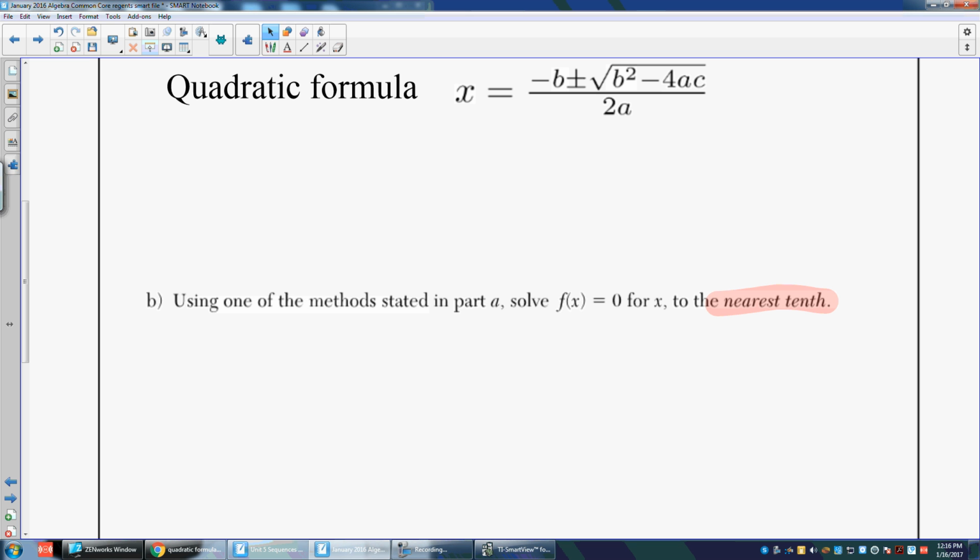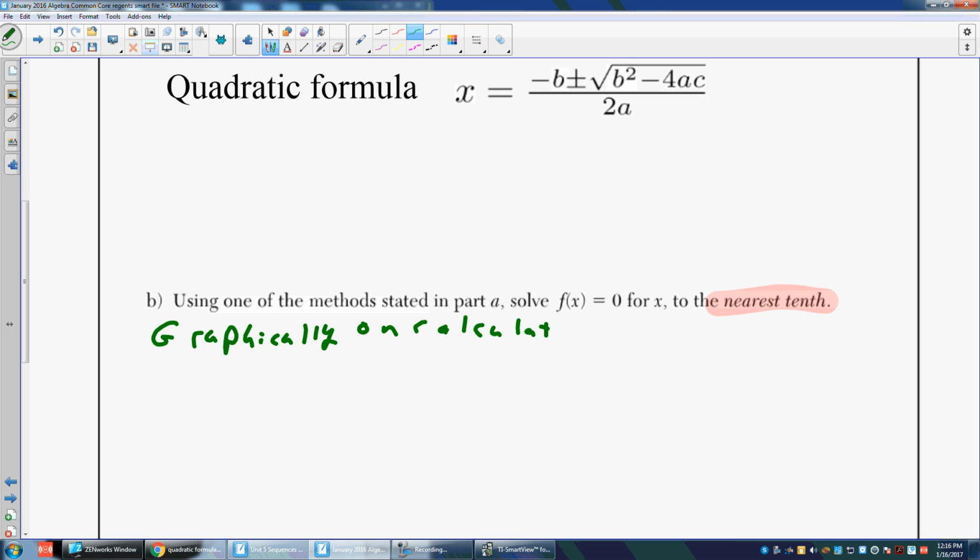So graphically, on calculator, x equals negative 3.3, or x equals,